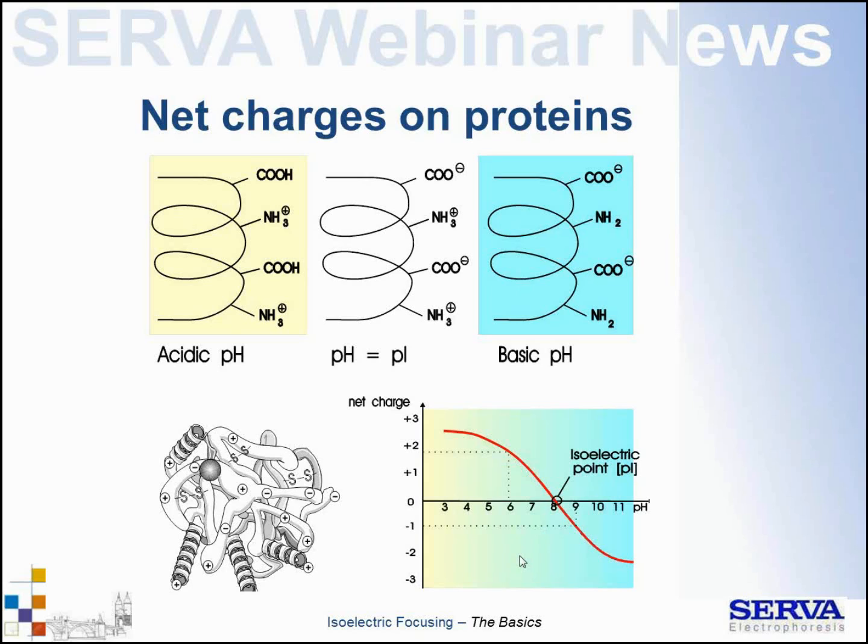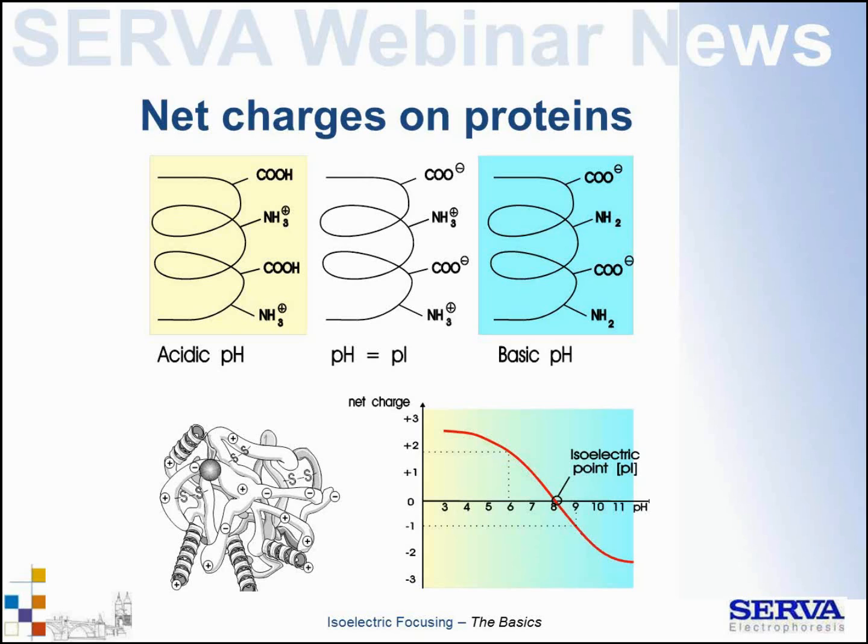And this is another characteristic of a protein, so you can describe a protein also via its net charge curve, and a net charge curve of a protein can really give you very important information about its behavior in some